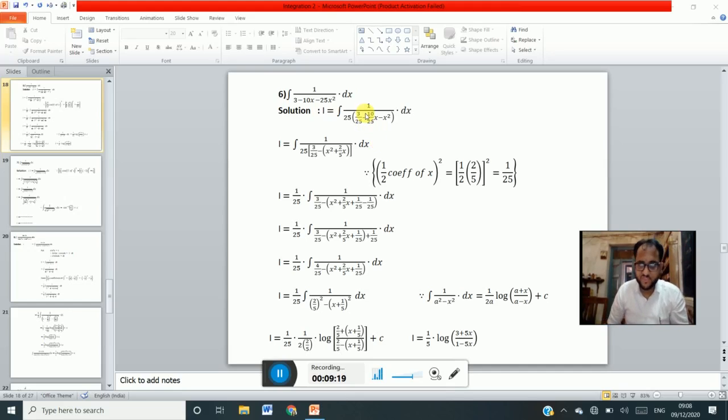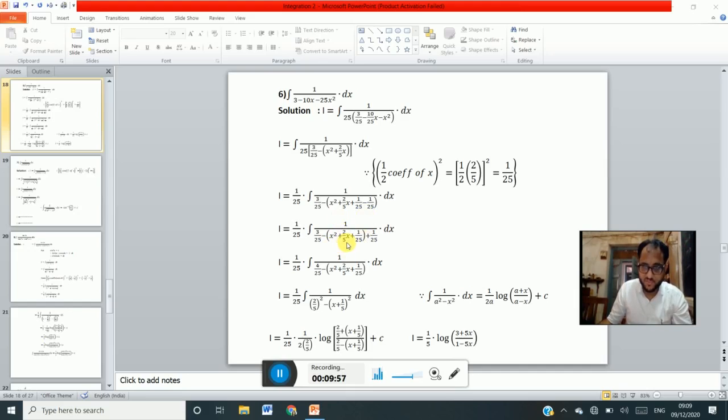See, the coefficient of x is minus 10 by 25, divide by 2, so 5 by 25, that is 1 by 5. Minus 1 by 5 whole square is 1 by 25. So 1 by 25 we have to add and subtract here, right? And before that we have to make the coefficient of x square as 1. Here it is minus 1, so for that we have to take the minus sign common here, right? And add and subtract 1 by 25 like this. Then the first three terms are the perfect square of x plus 1 by 5.